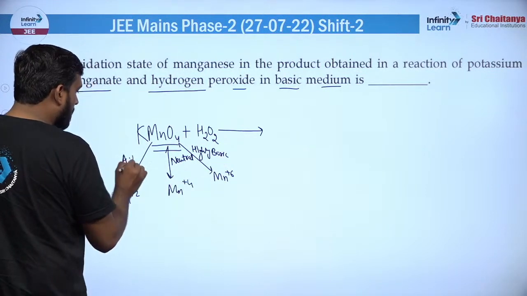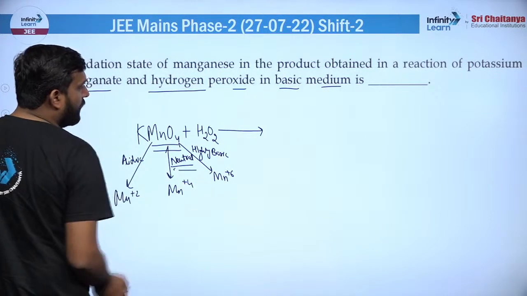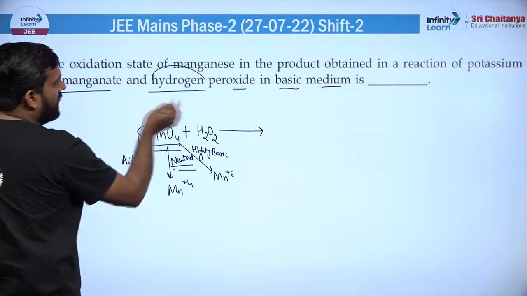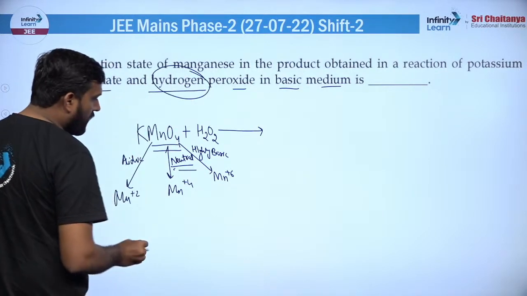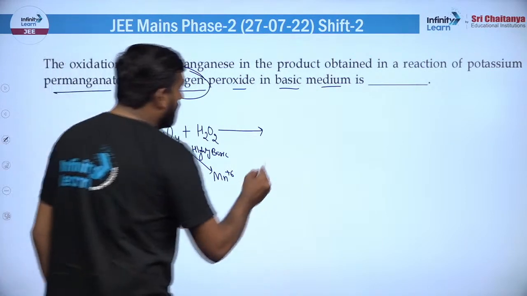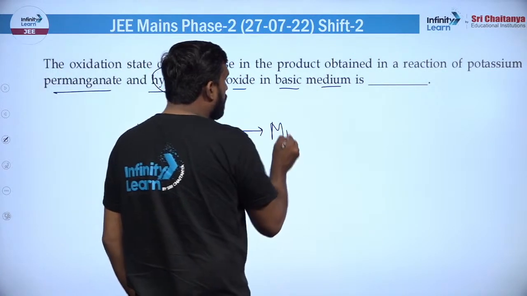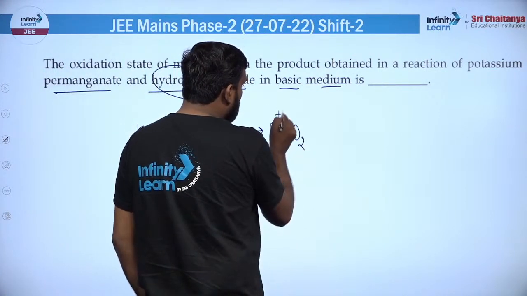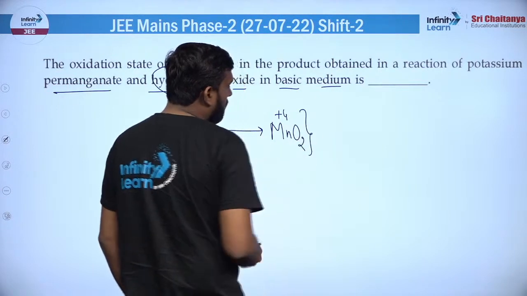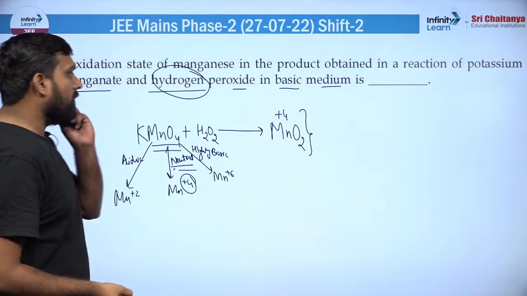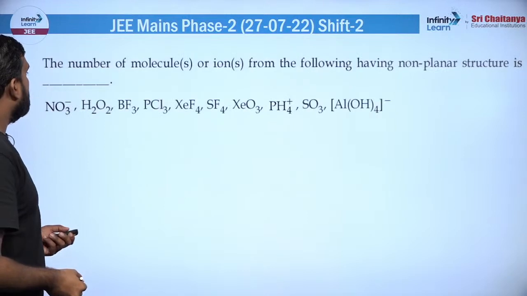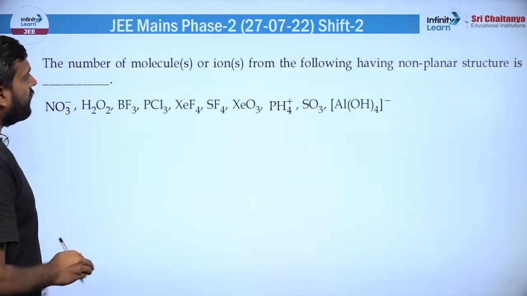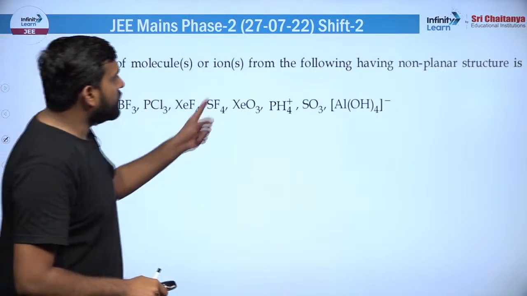और ये कब होता है बेटा? एसिडिक में। इसमें न्यूट्रलाइजेशन के अप्रोक्सीमेट बराबर हो जाएगा, क्योंकि यहां से हाइड्रोजन आ रहा है और बेसिक मीडियम आपने लिया हुआ है, इसलिए फाइनल प्रोडक्ट MnO2 मिलने लगता है, जिसमें Mn +4 ऑक्सीडेशन स्टेट में है। सो द करेक्ट आंसर विल बी द 4। गोइंग टू द नेक्स्ट क्वेश्चन, द नंबर ऑफ मॉलिक्यूल्स और आयंस फ्रॉम द फॉलोइंग